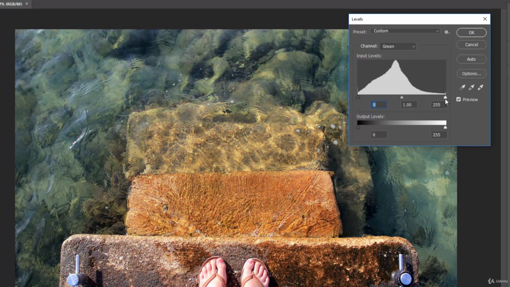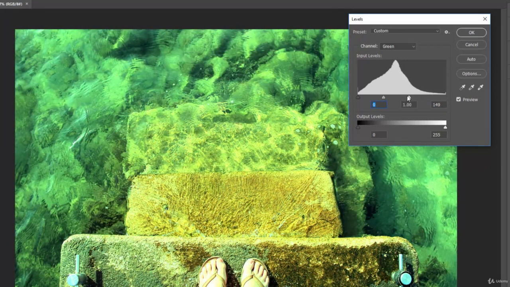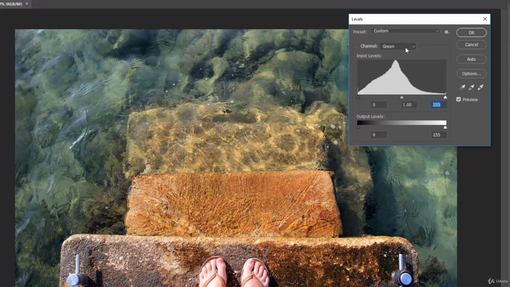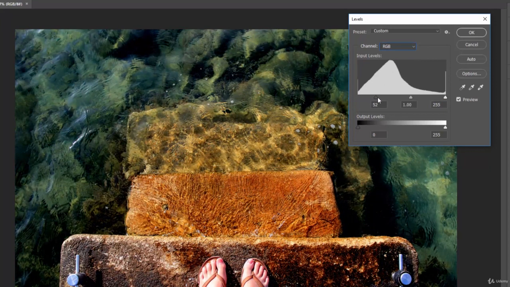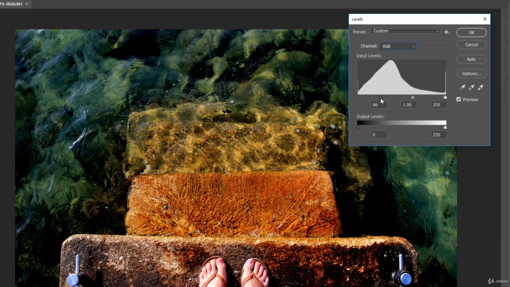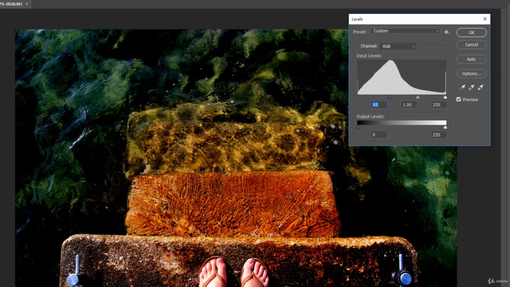And it works the same way with the lights. So as we move this up, we are basically saying that we want to pull in more of those light pixels from the green channel. And then when we do RGB, because it's a mix, we are kind of moving them evenly. So by moving the slider up, we are making everything have more black or darker tones.